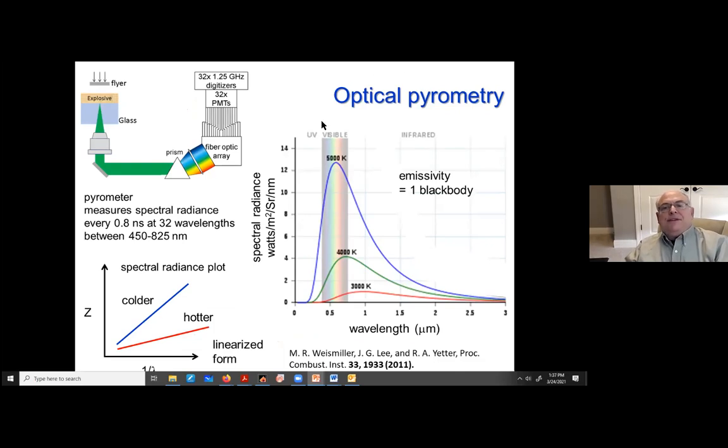So the fundamentals of optical pyrometry are from the Planck black body distribution. So you all probably remember this from physics or chemistry. If you have a material at lower temperature, it emits red light. If you increase the temperature, the spectrum shifts to the blue and it gets more intense, which is happening here as well, okay? So what I'm showing you here is the spectrum of a black body.